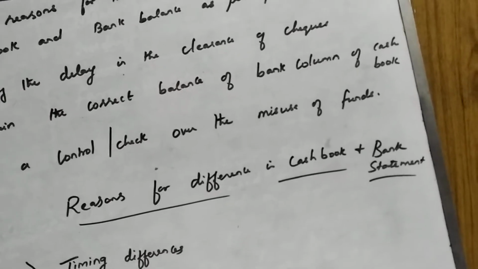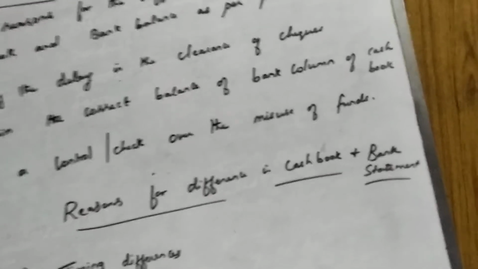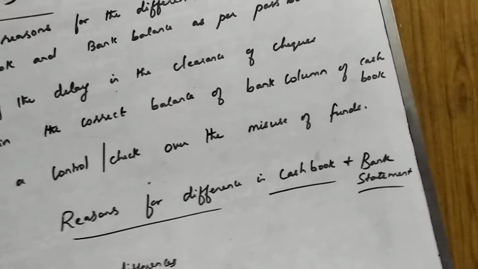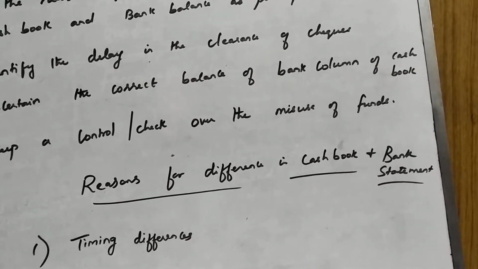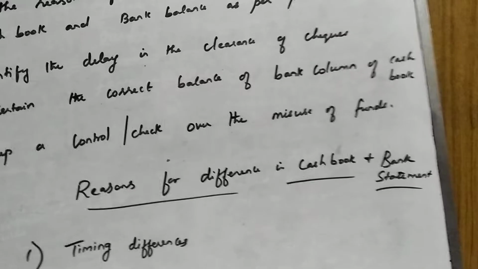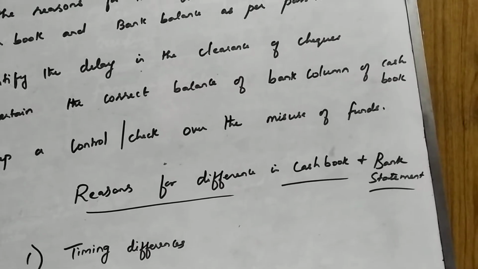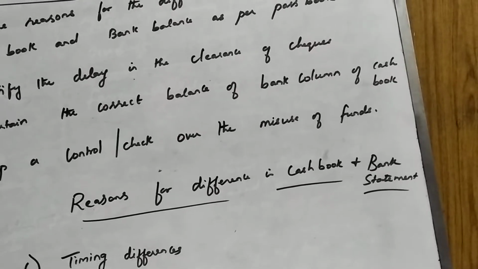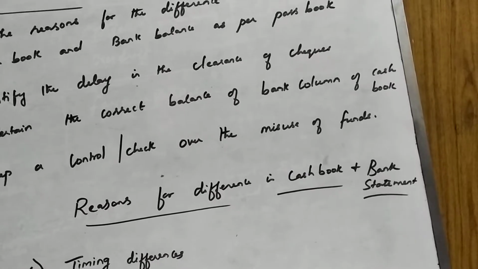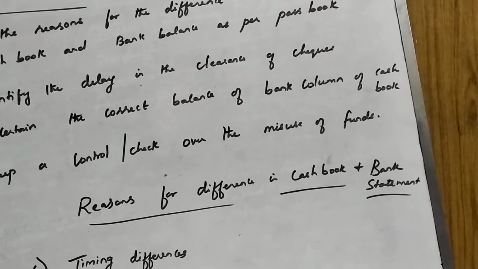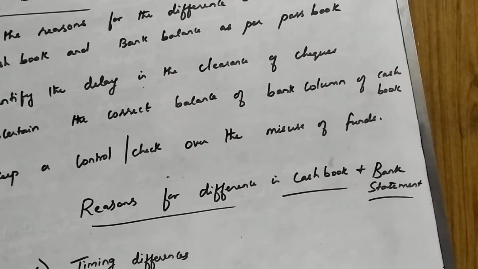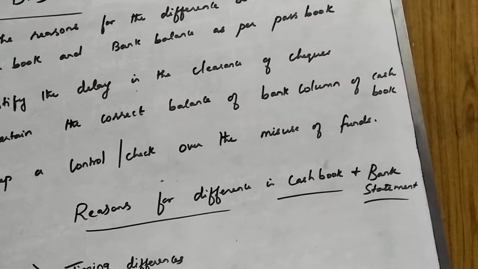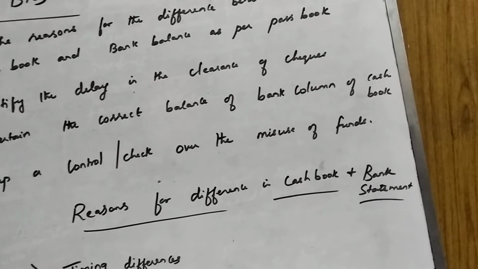deducted from your account, which you may not know, right? Unless you make an entry in your passbook, you may not know that. Only when you make an entry in the passbook can you see on which date exactly they have deducted the bank charges from your account. And only then will you be recording that in your cash book. So there is a time gap.